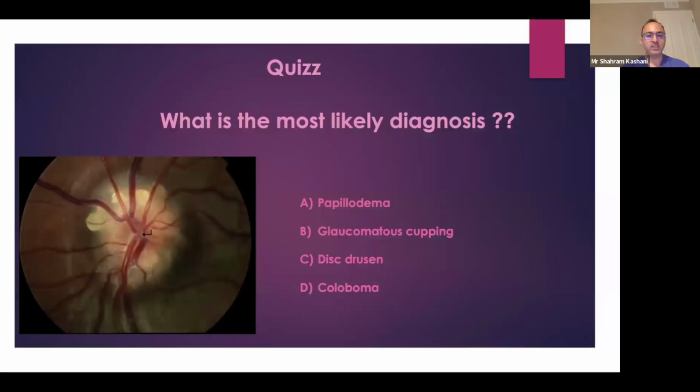So the reason this is disc drusen: I can see why some of you say papilledema, because the disc is swollen. However, if you look at the nerve, you can see superiorly these drusenoid yellow lesions that are breaking through. And that's what makes it disc drusen. Also, if you look at the blood vessels, you have this very abnormal division of vessels after they come through the disc. Normally you have your supratemporal, supranasal, infratemporal, infranasal blood vessels, whereas in disc drusen you've got either trifurcation, just three trunks that divide, or you've got very abnormal looking